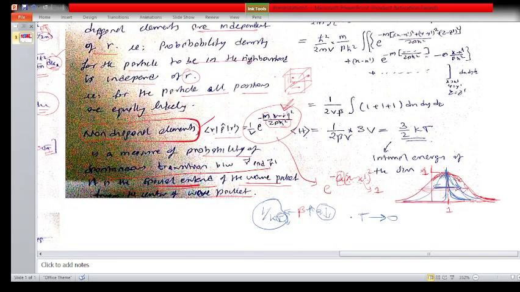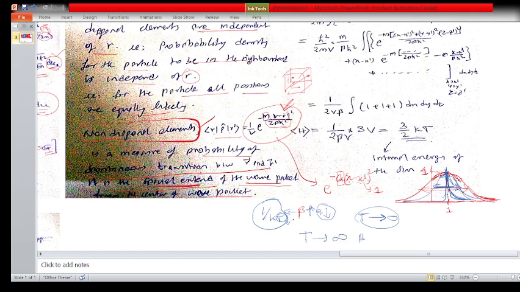So when T tends to 0, 1 by kT will become infinity, beta will become infinity, right? So this term will become infinity. So e raised to minus 1 by, anyway, it is by infinity, which means 0. So e raised to 0, this quantity will become 1. Okay, in that case it is not going to be a delta function, right? It is not going to be, but when your T is going to infinity,